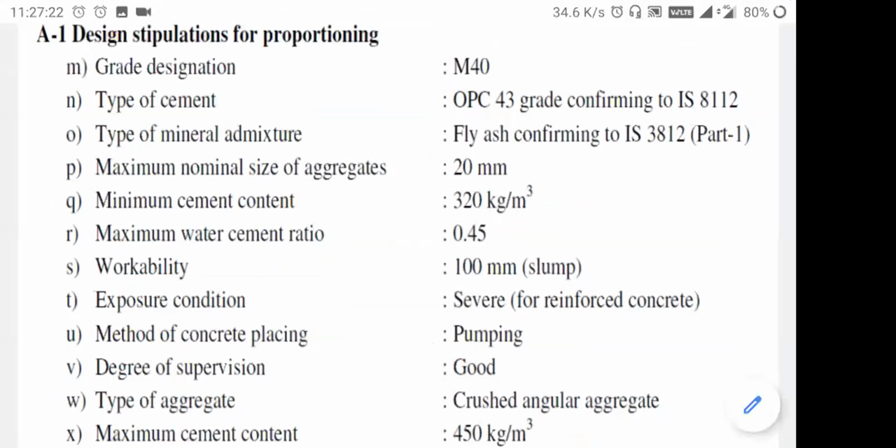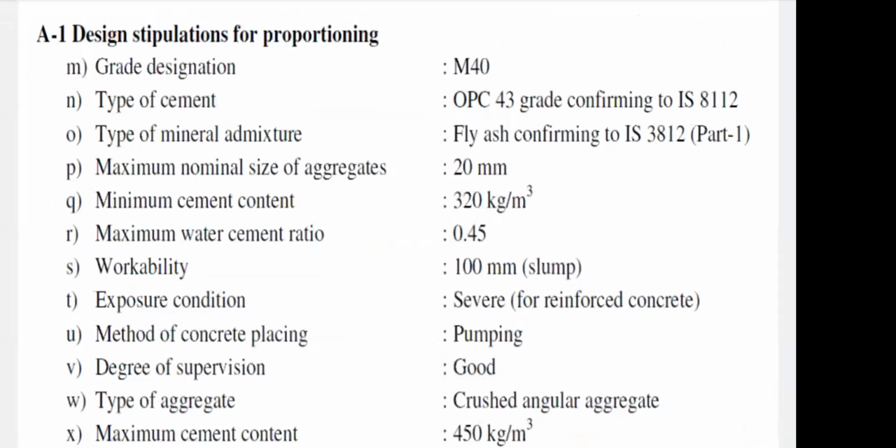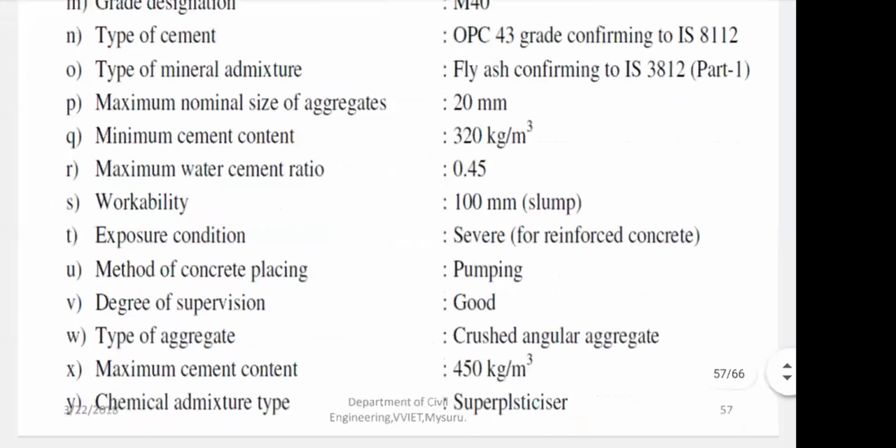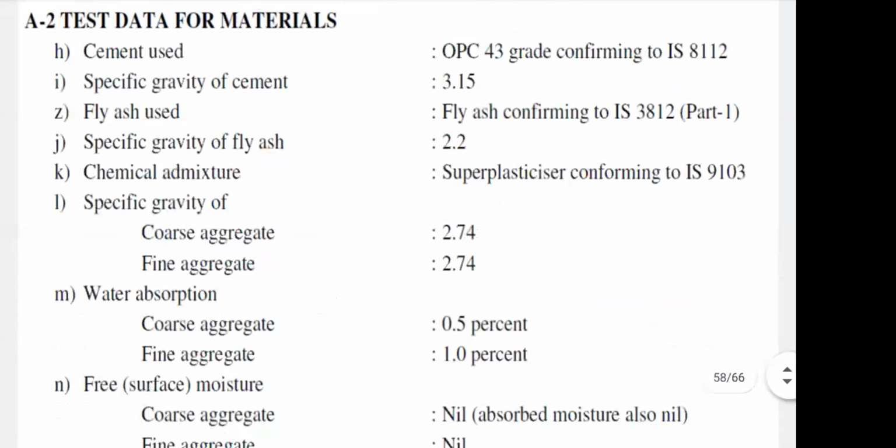Take this numerical for your assignment. Solve this and send it back to me. I hope you are taking the screenshot.